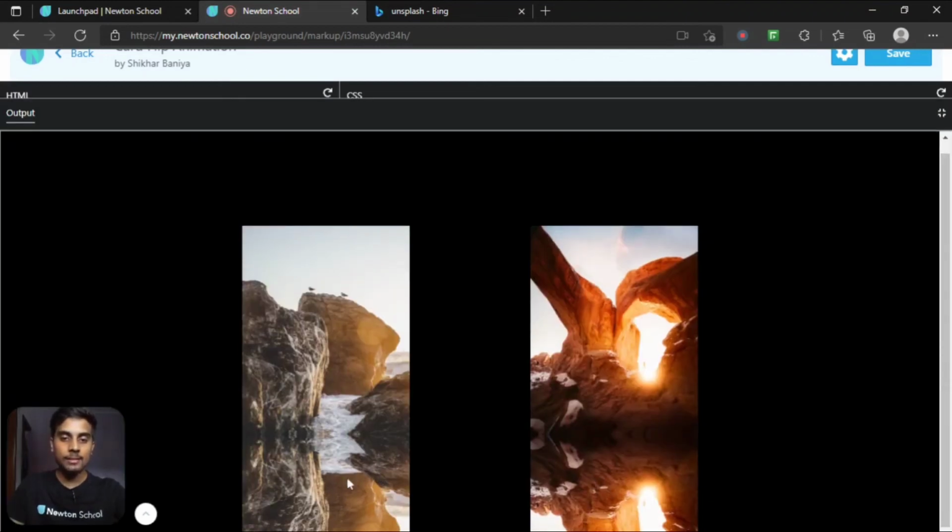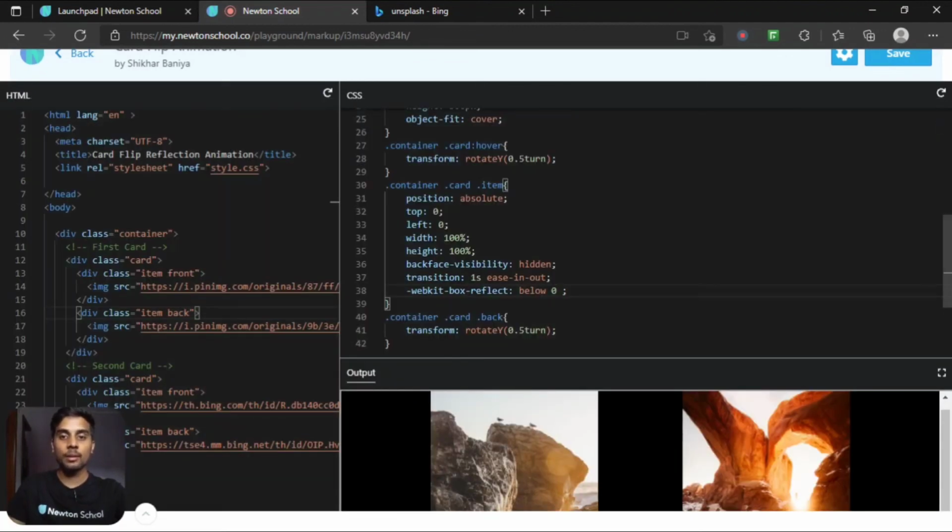We got this as the reflection, but we want it to look like a mirror reflection, so we have to add the linear gradient property. Linear gradient. Let's specify the two colors, that will be transparent.